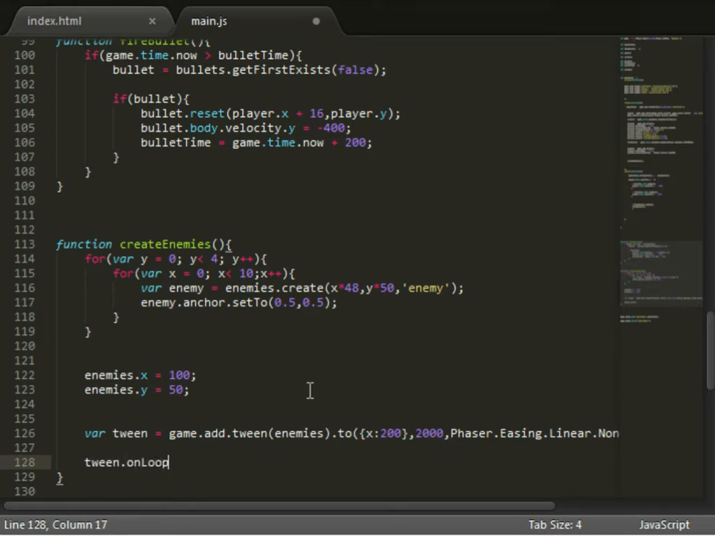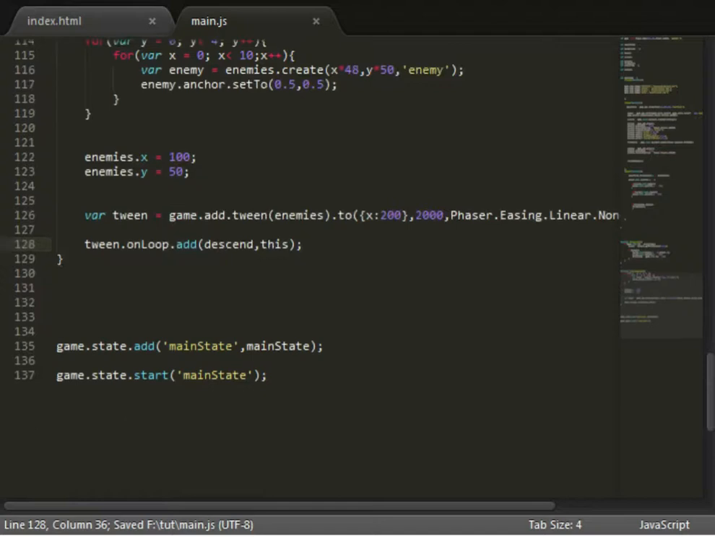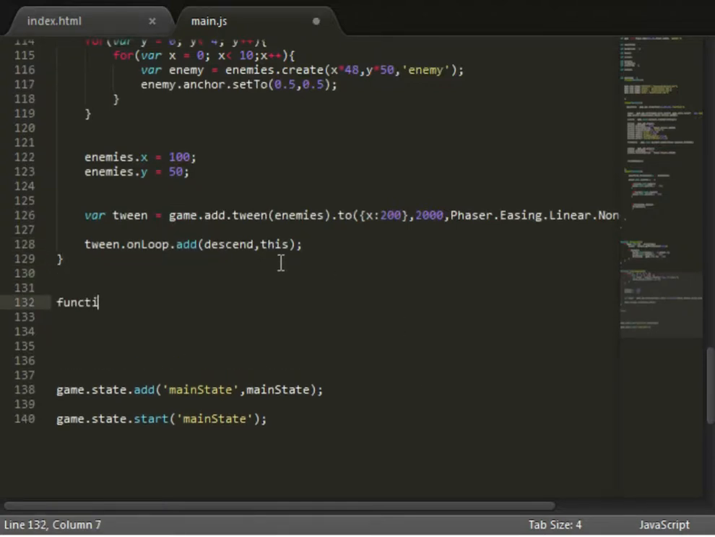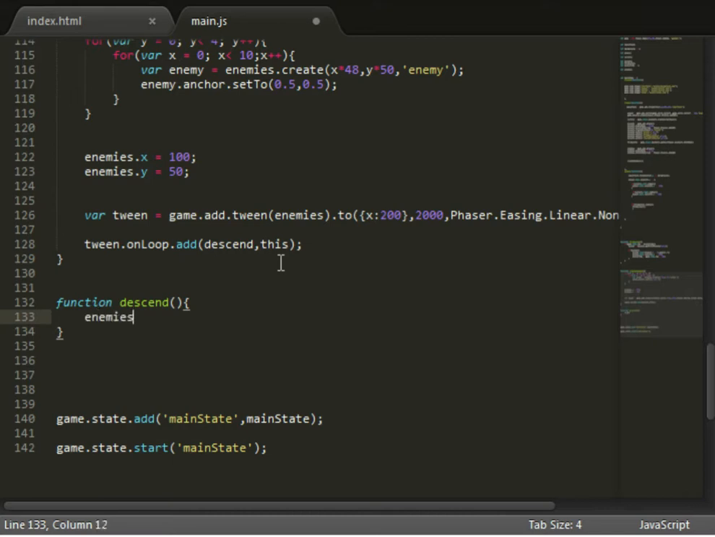So now we just need to edit that tween. So every time the tween resets, we need to descend our enemies. So now we need to create the descend function, which is pretty simple. I'll go down below here, function descend, and now we just need to make our enemies go down by 10. Okay, so if we go into the game now,